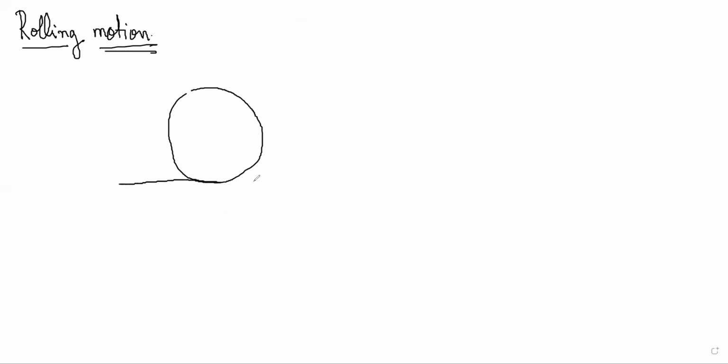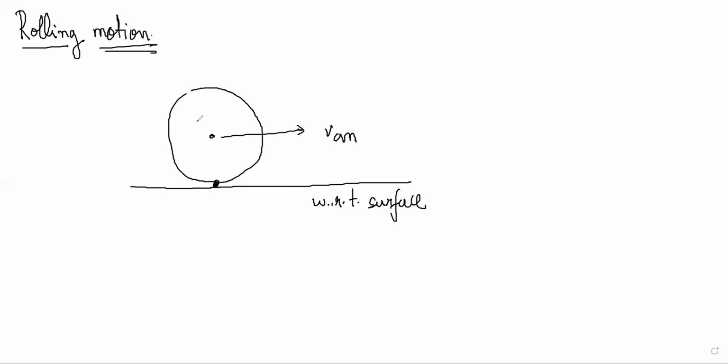So what is the meaning of rolling motion? Everyone seems to be confused about this, but what it means is fairly simple. What you have to understand in rolling motion is the motion of the point of contact, with respect to the surface. So if you think about it, if this has a velocity V_CM and is rotating like this,